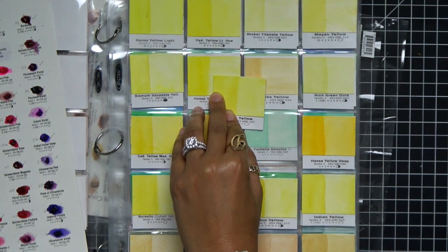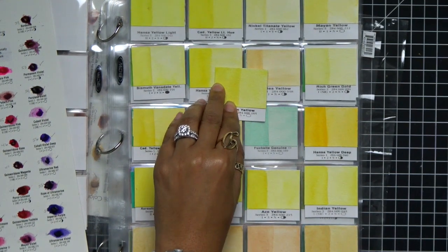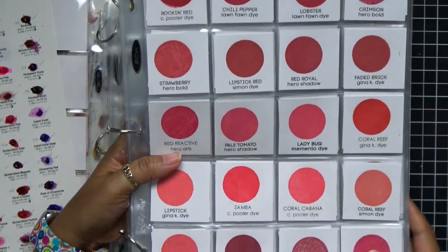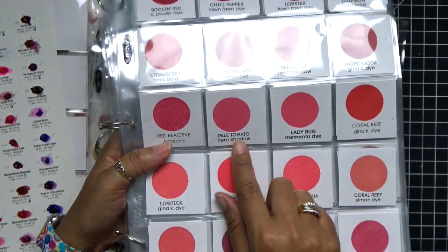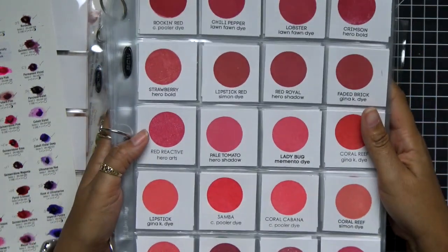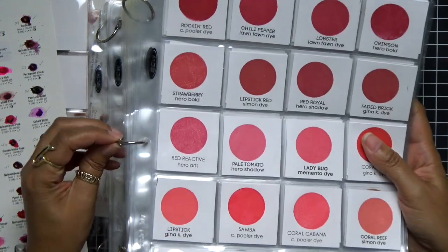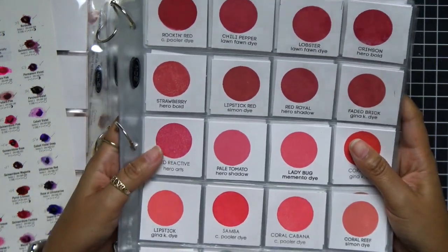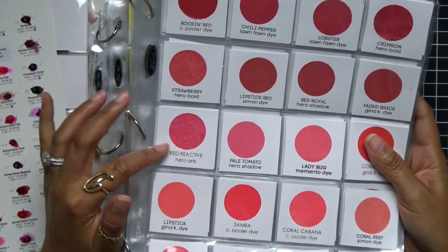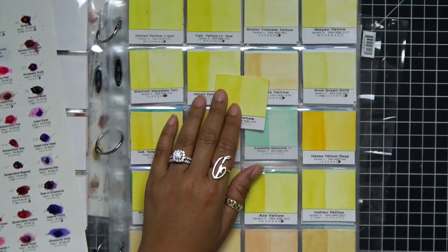I also have my inks done this way, like I said previously. I also have them right here in this little coin holder, and it has the name underneath and the color. I think that's perfect because I can mix and match my brands, and I know that the colors are going to match. And I just have these little bookend rings to keep everything nice and tidy. I have not put it in a